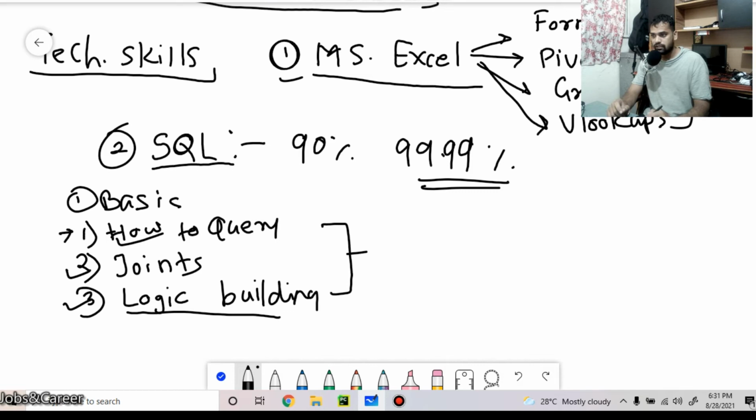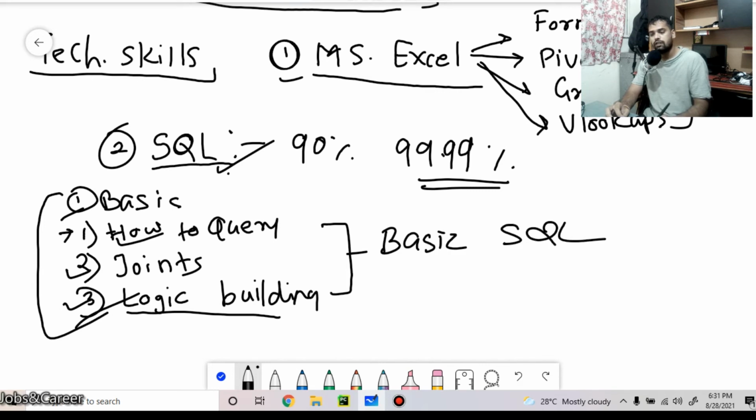Again, SQL is an essential thing, and it is not necessary to have an advanced level of knowledge. A basic level of knowledge would work. You should know how to query the data, how to perform joins, and how to do logic building. So I would advise you to complete a basic SQL course and advanced Microsoft Excel.